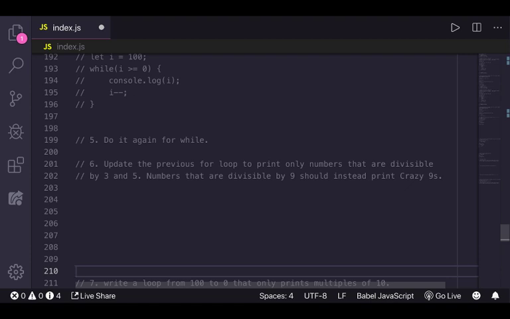Say, oh, so if I'm given this, what should 45 print out? 45 is divisible by 3, 5, and 9. I know it says instead print crazy 9s. Does that mean I shouldn't print the number 45 and I should just print crazy 9s? Or should I be printing both? I'm going to assume that I'm only